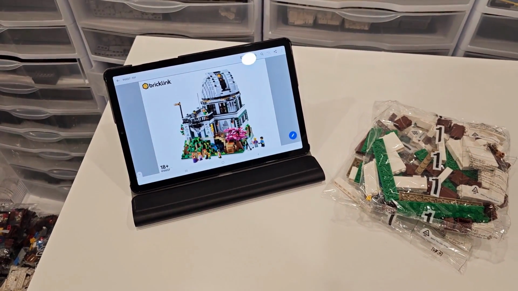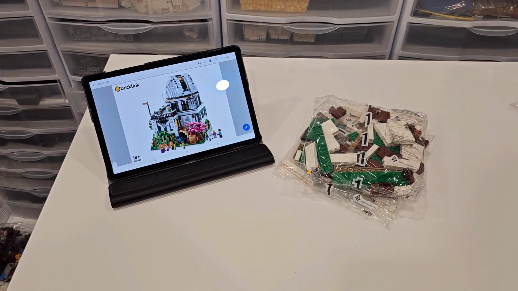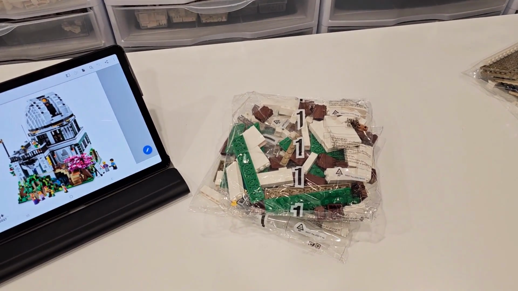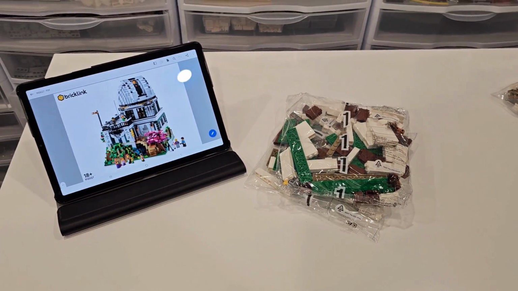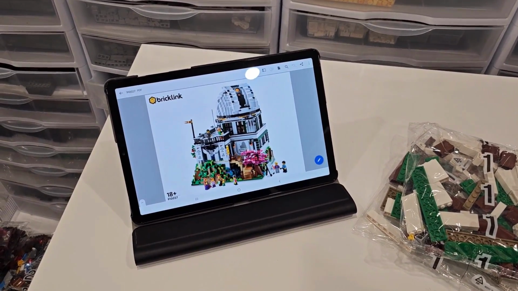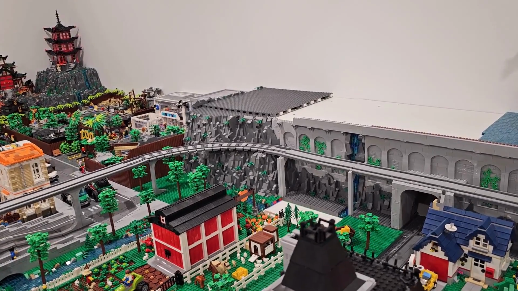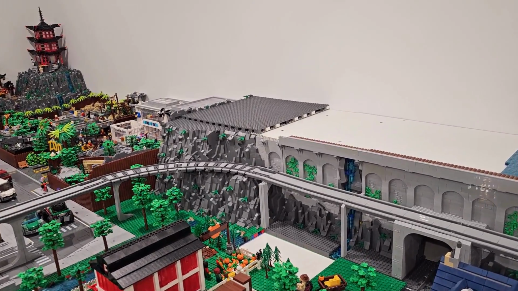There's not much time left in this day. I'm not sure if I'm going to be able to build this massive set in one day and have my review out for tomorrow's video. So I couldn't tell you exactly when my review of this awesome set is coming out, but make sure you stay tuned. So like I was mentioning, I don't really want to rush into the creation of the mountain for the Mountain View Observatory